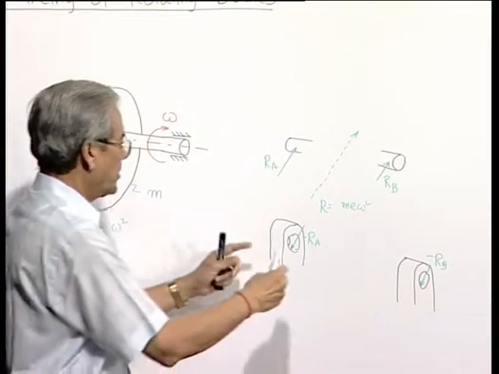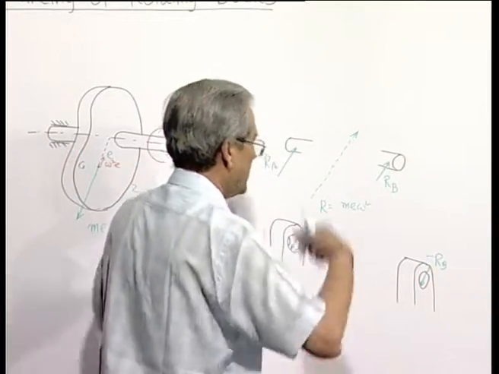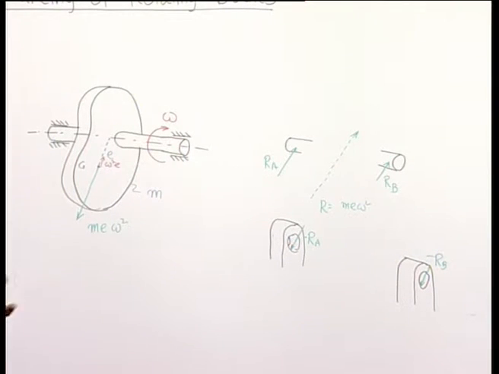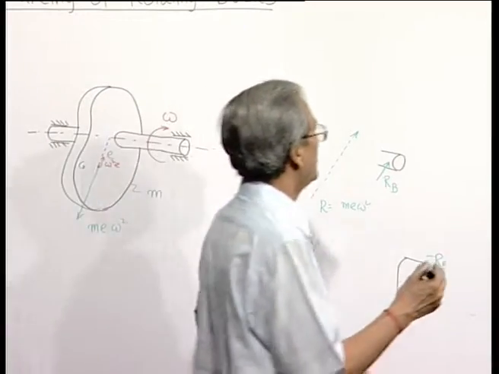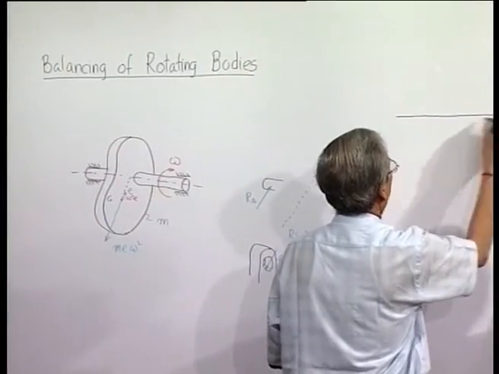So, the supports are also subjected to the opposite of these forces, which rotate along with this shaft. Therefore, the support is subjected to a dynamic force. Now, this is a very complicated way of drawing all the time. So, henceforth we will have a simplified way of representing a rotating dynamic